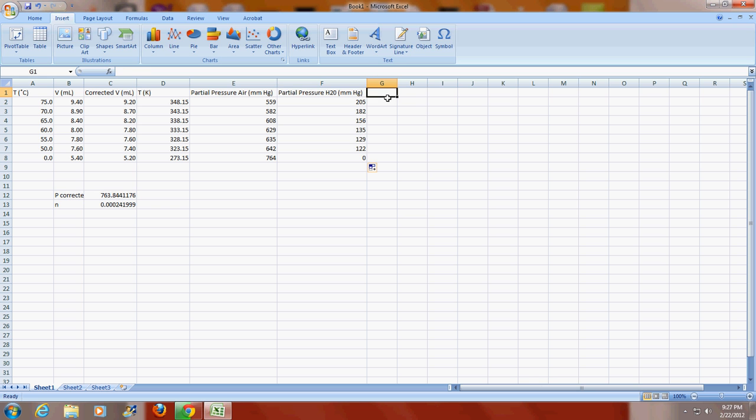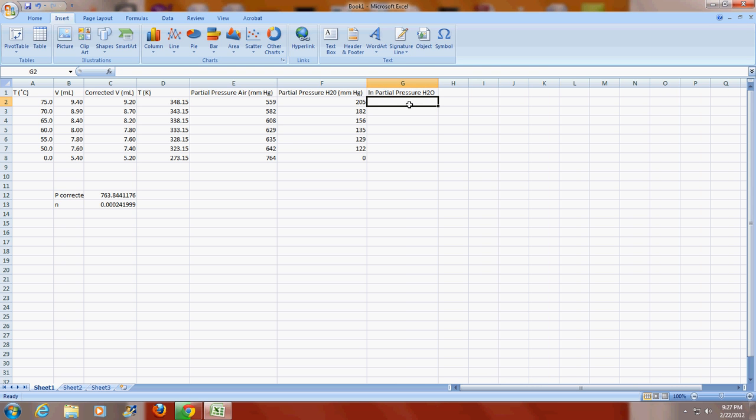So I need to take the natural log of that partial pressure of water. So to do that, I do the at symbol, type LN, open parentheses, and I click on the partial pressure of water, close parentheses, and I hit enter. And so when I do that, I can drag this down, and it will give me the natural log of the partial pressures of water. And I didn't drag it out to the last cell because that's actually not one of our points, so that